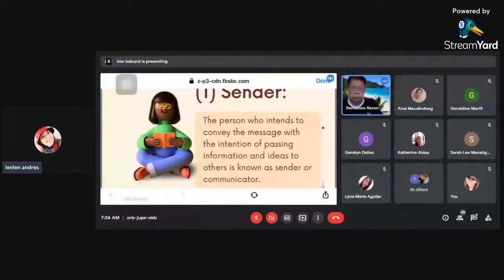The primary objective of the sender is to compose and deliver a clear message to the recipient. The sender might be a speaker, a writer, or someone who merely gestures. So that is all about the sender.